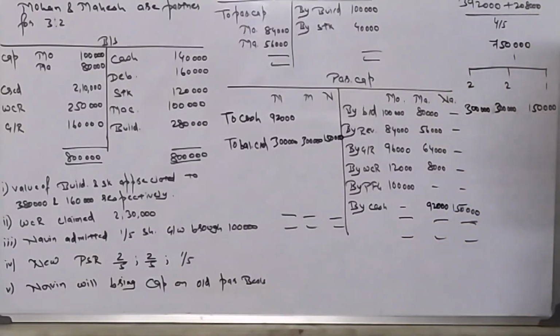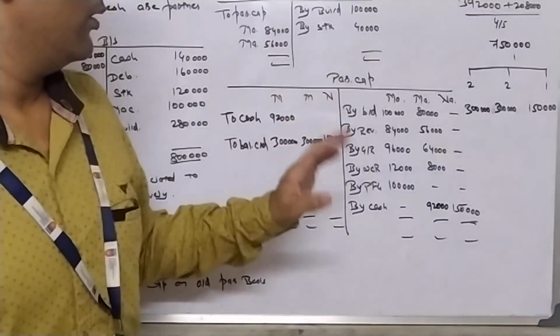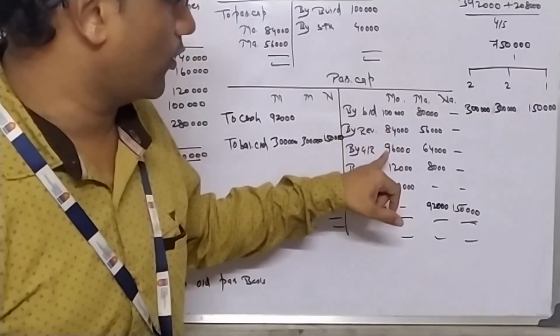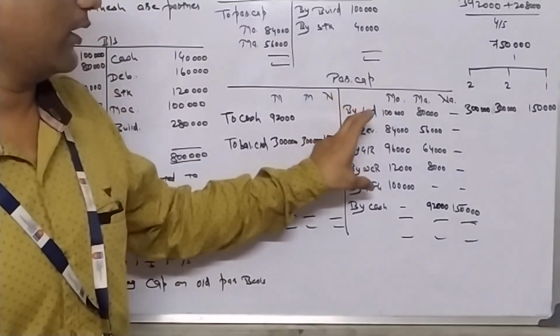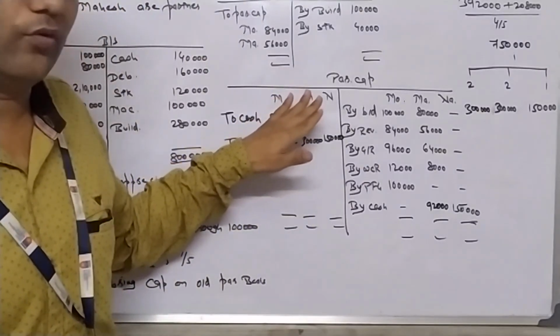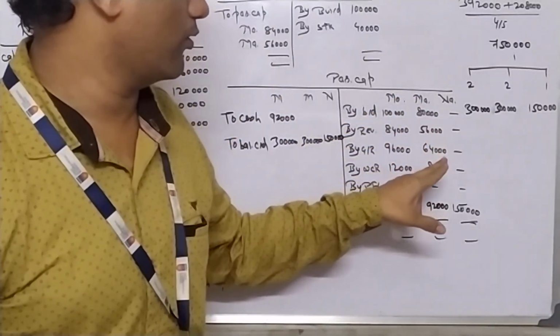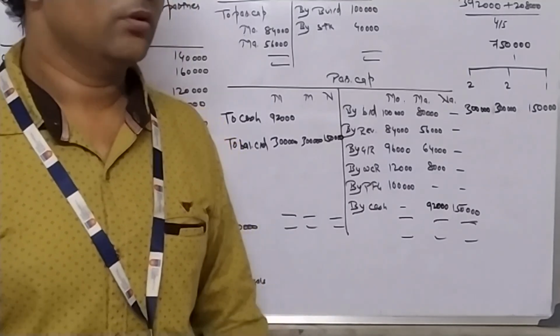Naveen's capital will be adjusted on an all-partner basis. First we need to calculate the total capital of the firm, the new capital of the firm. We will add 1 lakh, 84,000, 96,000, 12,000, 1 lakh. We will add this. It is coming to 3,92,000. There is nothing to deduct over here. Again 80,000, 56,000, 64,000, 8,000. It is coming to 2,08,000. So 3,92,000 and 2,08,000 are Mohan's and Mahesh's new capital.